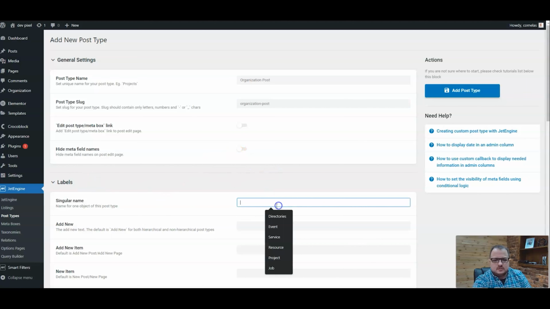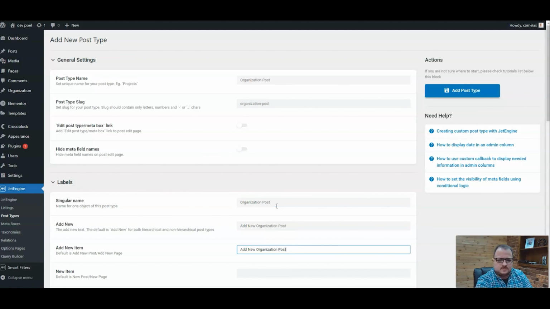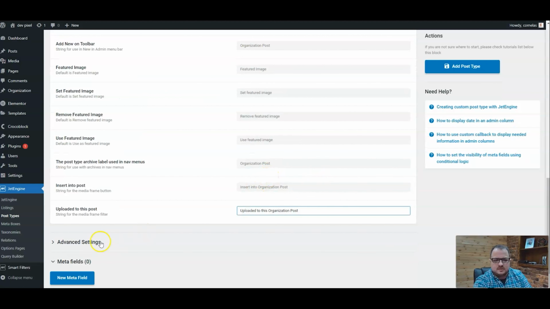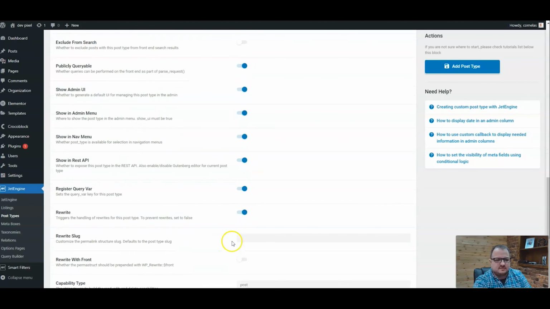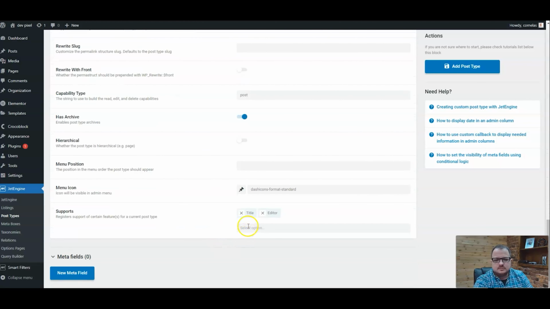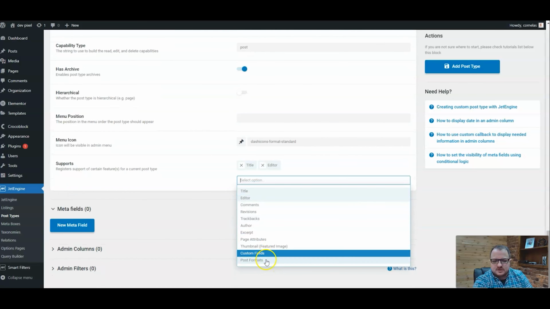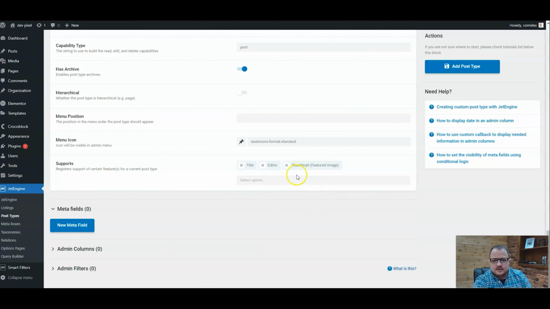And let's go all the way through. If you'd like to set these up with specific verbiage, cool. We have the editor, featured image, and perfect. Okay, because we're only going to give them the WYSIWYG. We're not going to go crazy into this. All right, so